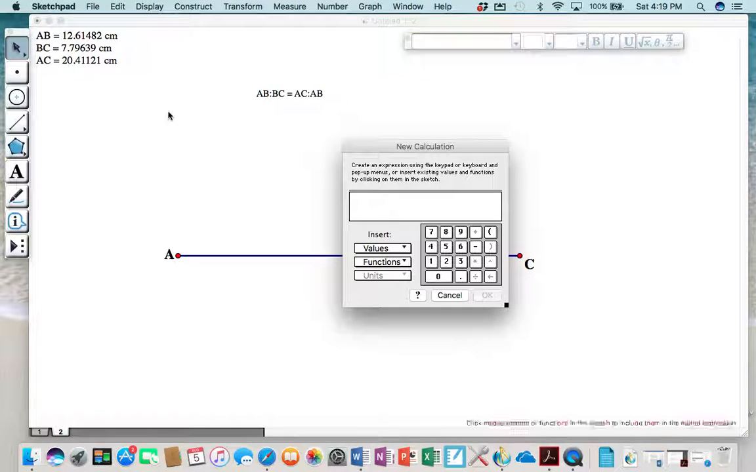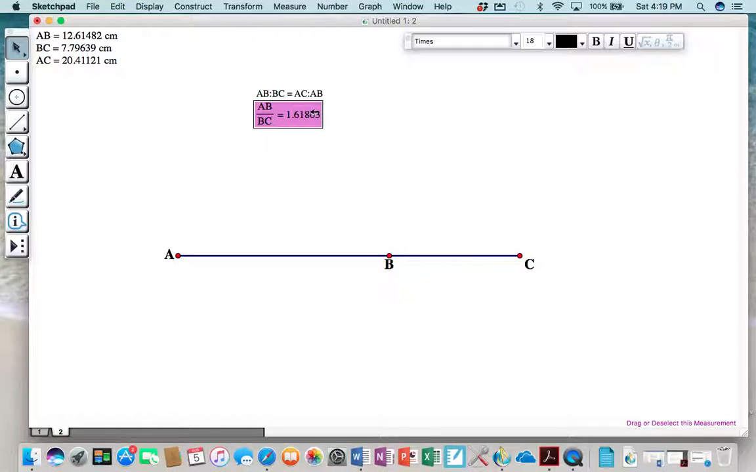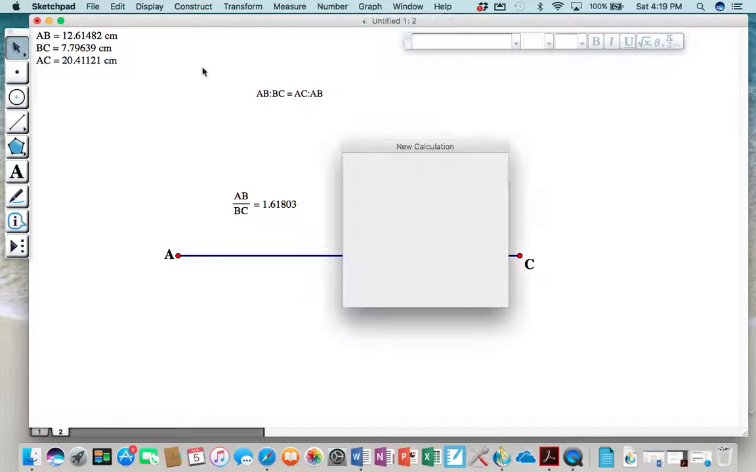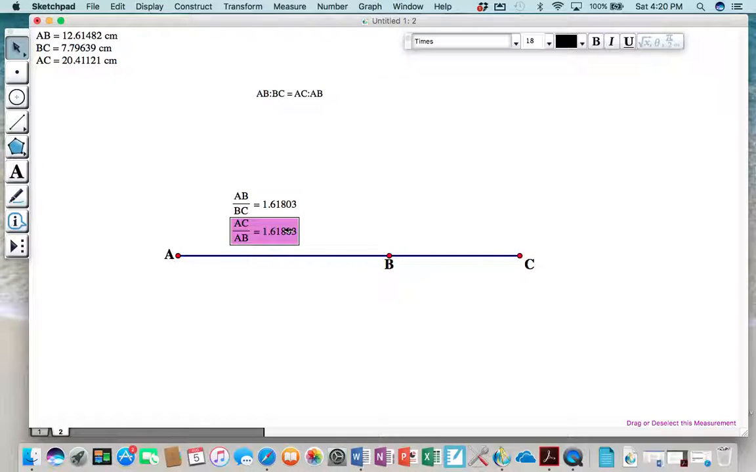Calculator. Okay, great. AB divided by BC gives me, that's a nice number. Let's see if I get the same thing on the other side to make a correct proportion. So AC divided by AB, and there it is. So there is a visual of our golden ratio or golden section, and we can see that we have a